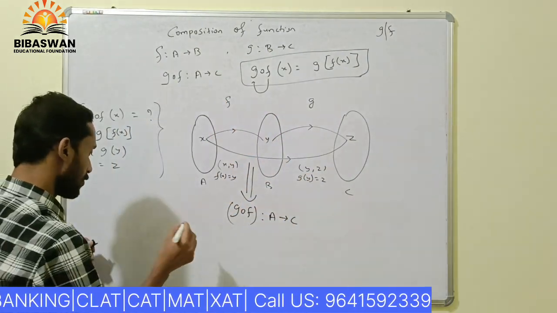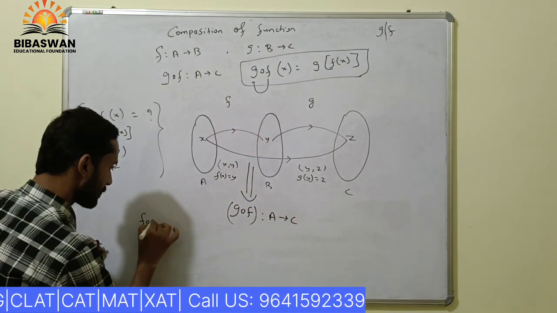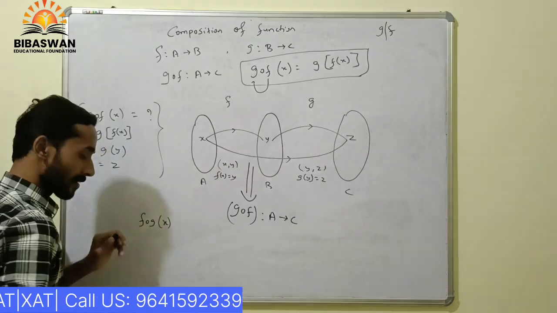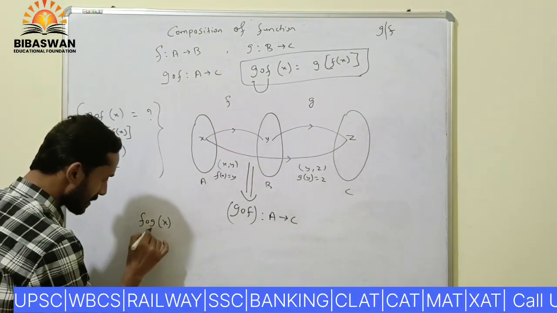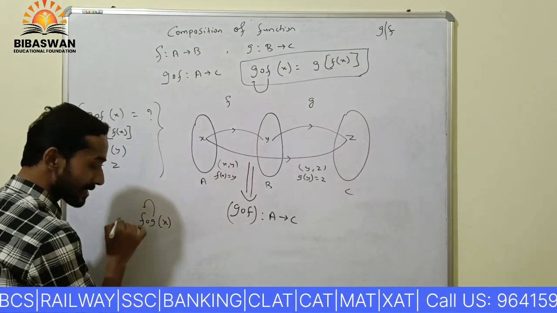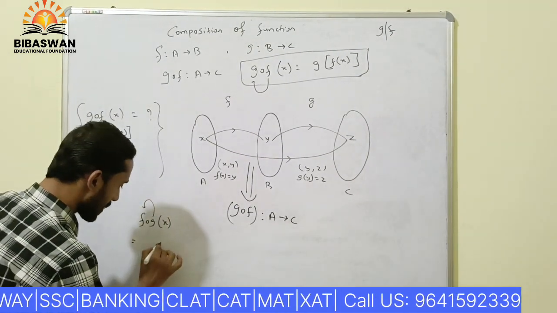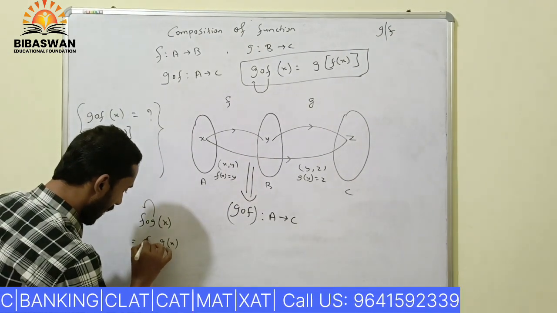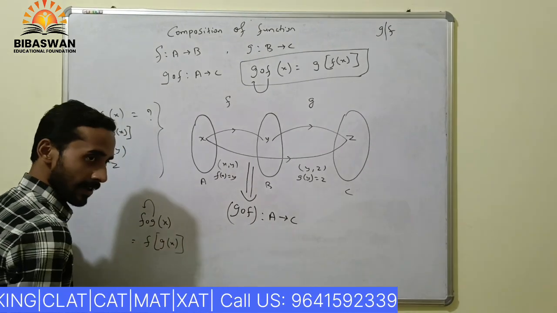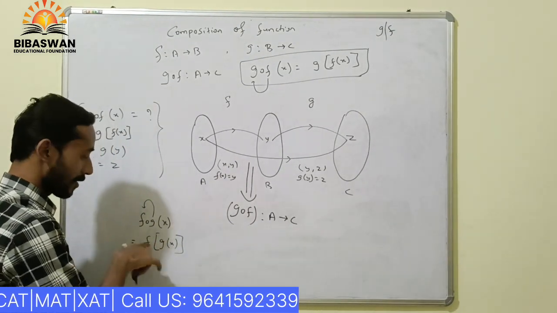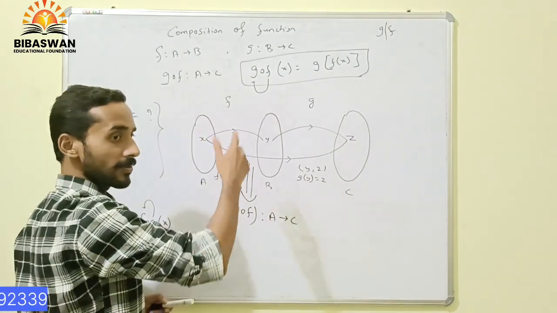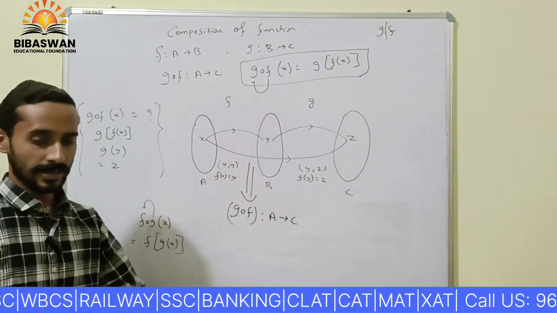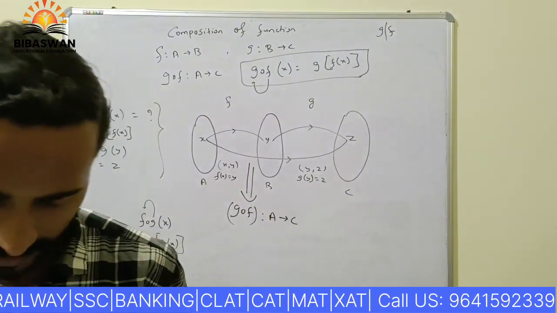So what about this formula? Very simple. It means f is connected first, then g is connected with f. So we can say that g of x and the whole function f of x: first connect g of f of x. Understood? First write it down. I will give you some examples so that it is very clear from the examples.